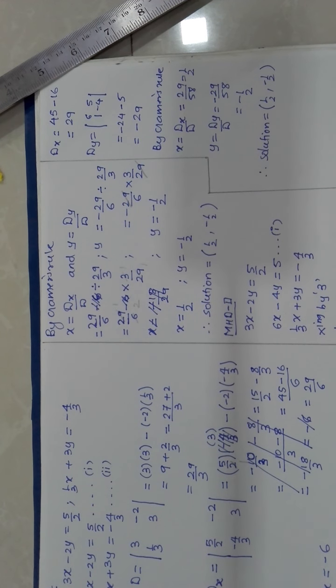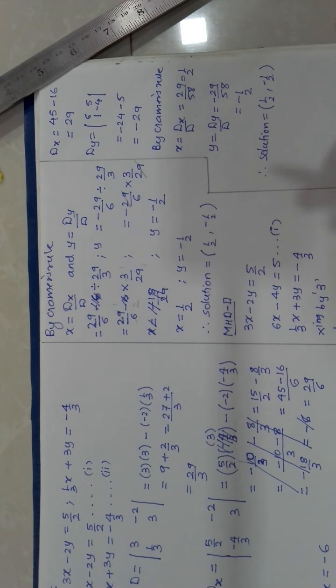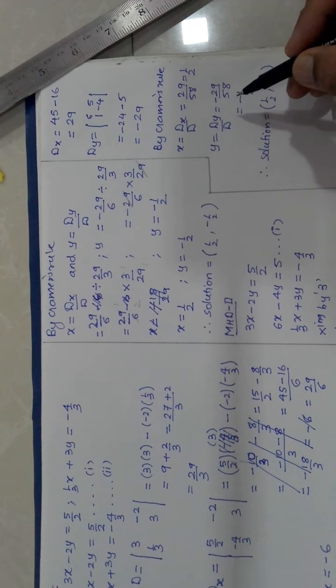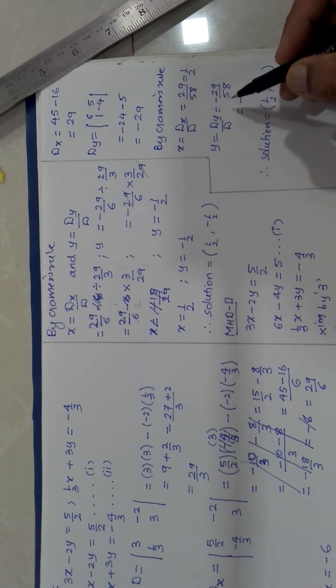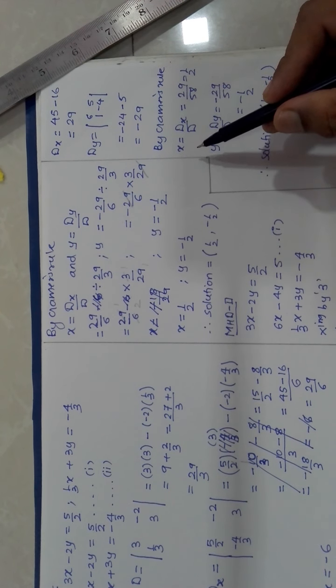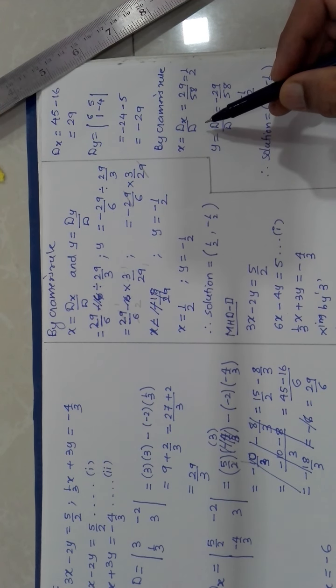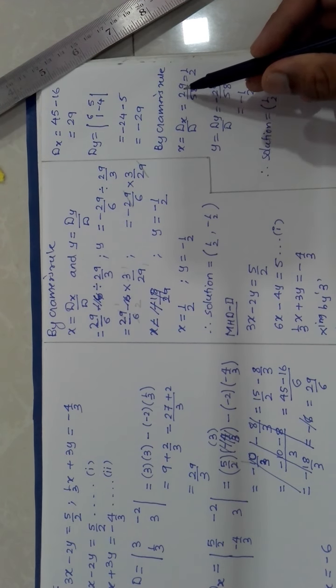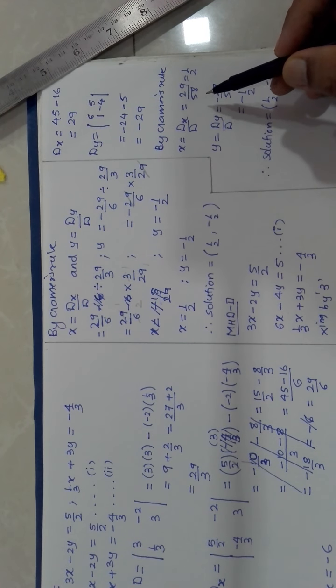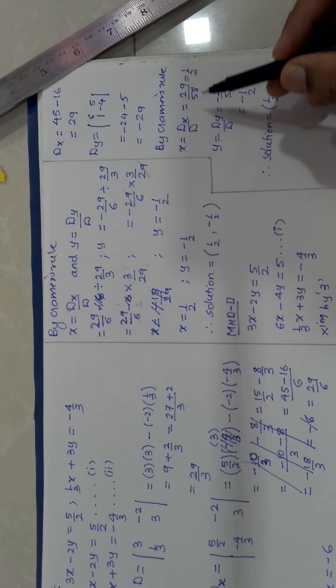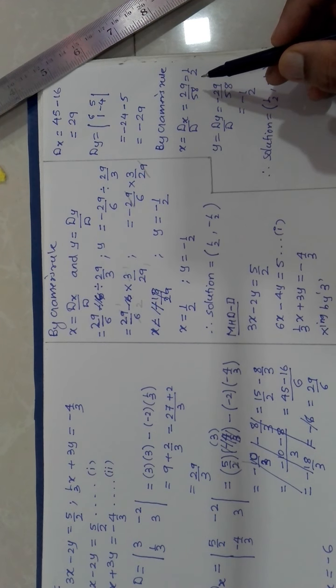Now, continuing, actually I left out something over here because the recording went off. There was no storage in the mobile. So, we were here that x is equal to dx by d, that I got as 29 by 58, which is equal to 1 by 2. Let me remind, we are continuing from part 10. This will be part 11, but the two lines which were to be explained went off.